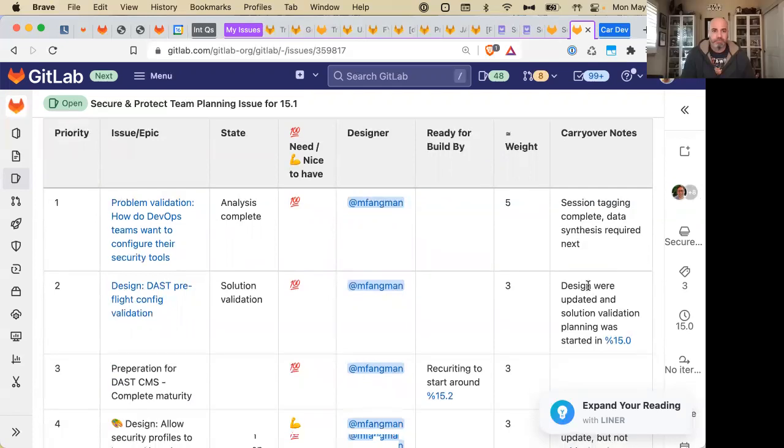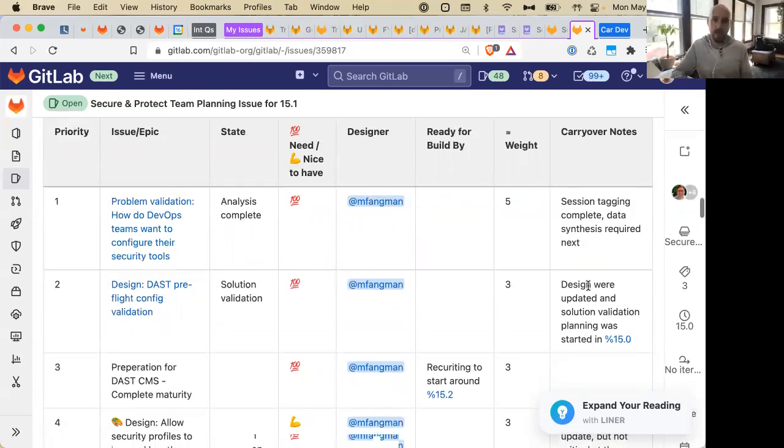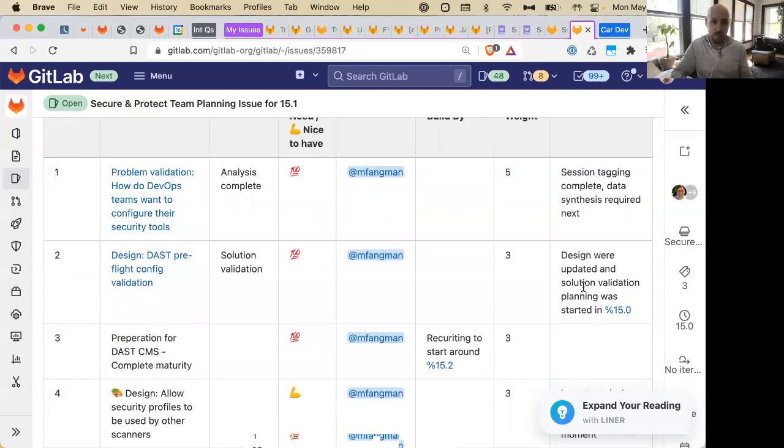So that one's pretty straightforward, I think. The next is just digging into the solution validation for DAS pre-flight or pre-scan verification. Was hoping to get it started this past milestone and still might get the plan a little fleshed out. Hopefully the goal is just to run this through solution validation and validate the designs. It shouldn't be a huge effort, but planning about 3 points just for any sort of feedback that comes out of that too.